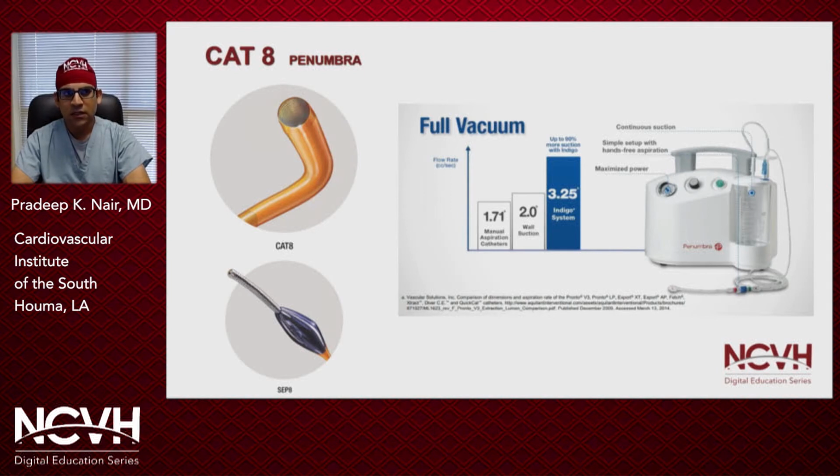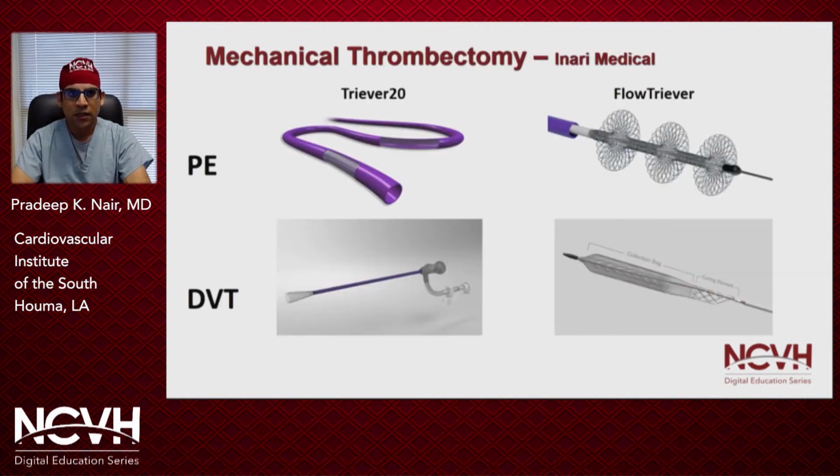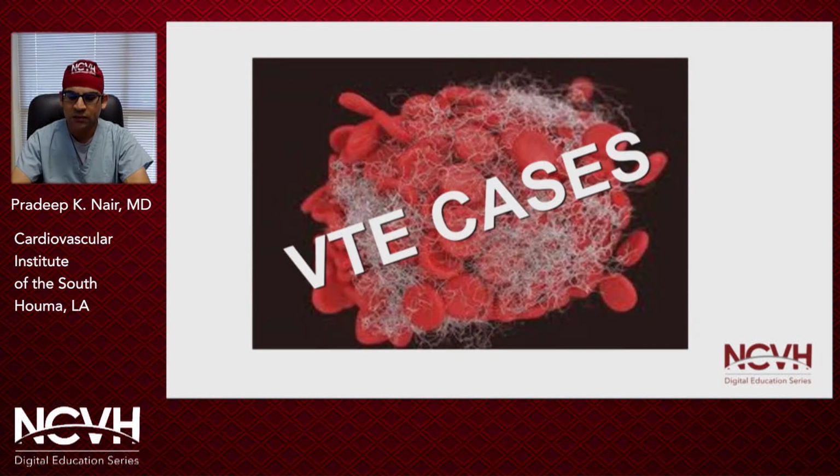The main benefit of this device is for more acute thrombus, and you have to be extremely cautious with how much volume of blood you can be extracting from the patient during these types of procedures. There is something called the SEPT8, which is utilized during thrombectomy procedures and can help agitate the clot to enhance clot retrieval. And then there are devices including the Triever 20 and FlowTriever for pulmonary embolism, as well as the ClotTriever device, which is a basket aimed at retrieving DVT clot, which I have some examples I'm going to show you. So let's go to some cases.